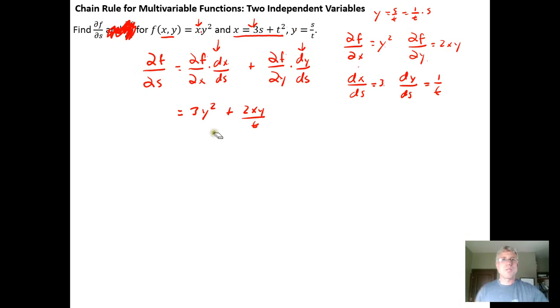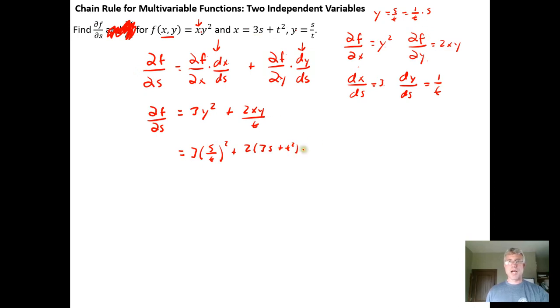And then you typically are going to convert it from x's and y's into s's and t's. Because we're wanting the partial with respect to s, we would like variable s in the expression. So I'm going to go 3 times y squared, but y is just s over t, squared, plus 2 times x, but x is 3s plus t squared, times y, but y is just s over t. And then this was all over t,